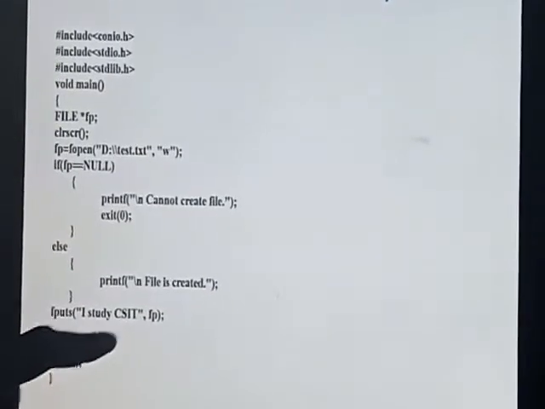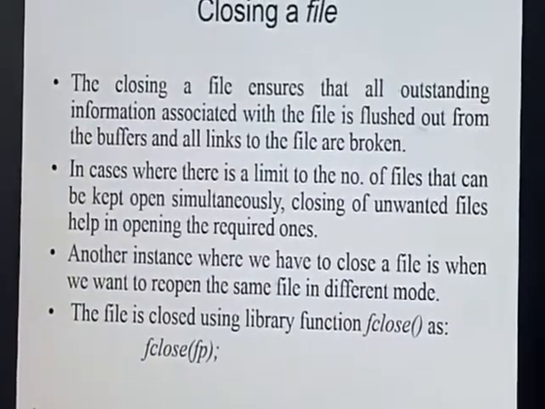After the file is opened in append mode, the file pointer will come to the end of the particular string that we have written. Previously we have written "I study CSIT". As the file is opened in append mode in that program, the file pointer will point next to this T, and after that it writes "in CAB", and that will be stored in the same file. So this is the thing called append mode, and this is the closing.